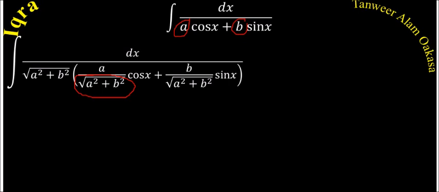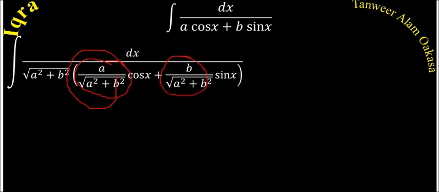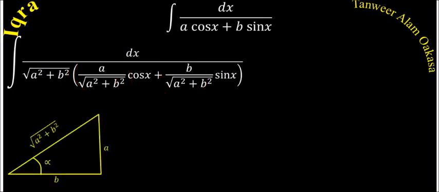Why am I doing that? Because this whole thing will become either sine of theta or cos of theta. If this becomes sine theta, then this will become cos theta. We know that I can form a triangle with perpendicular as A. I can do it the other way around also, but I am taking perpendicular as A, the base as B and the hypotenuse as square root of A square plus B square, and suppose this angle is alpha. Then what is my sine alpha? My sine alpha will be A upon under root of A square plus B square. So this becomes my sine of alpha. Similarly, my cos alpha will be B upon hypotenuse. So this will be my cos of alpha.